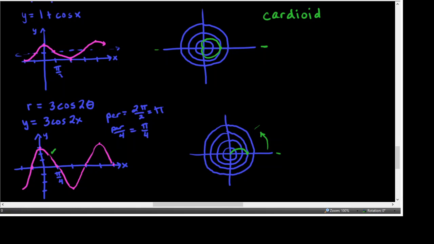Okay, from pi over 4 to pi over 2, well, let's just say at pi over 2, which is right here, at 2 pi over 4, pi over 2, we're at negative 3. So since it's negative, we're going to be graphing way down here on the opposite end of the line from the ray at pi over 2. And those values, as we move around from here to here, are negative values because these are below the x-axis, which means we're graphing in the opposite quadrant. And so we're graphing r's that are getting further and further from 0 until they get to be, well,